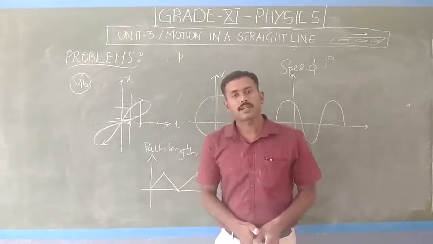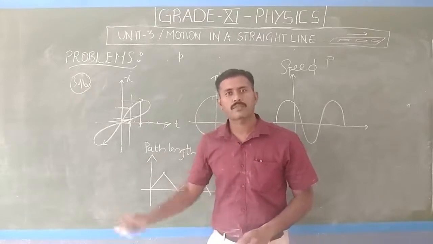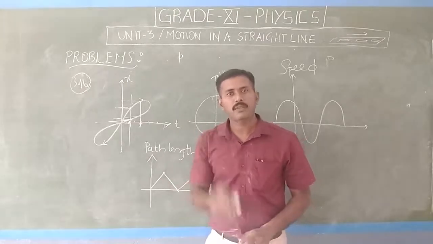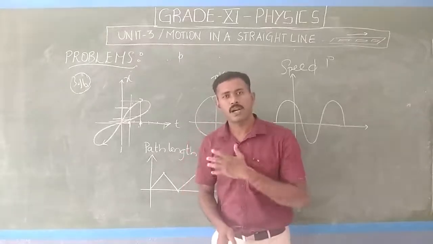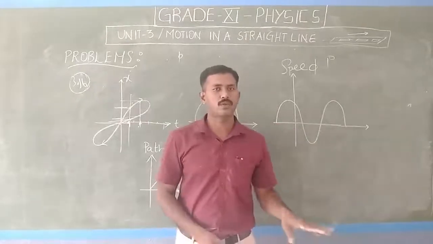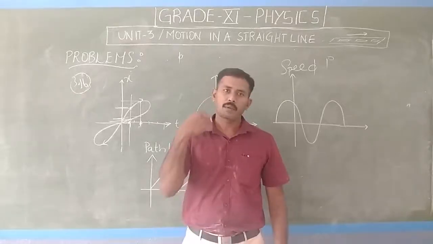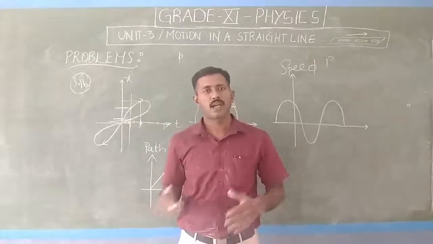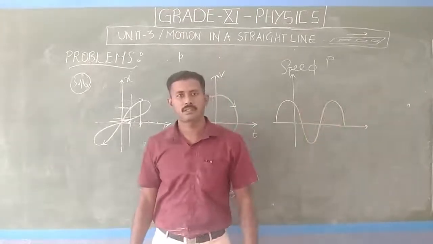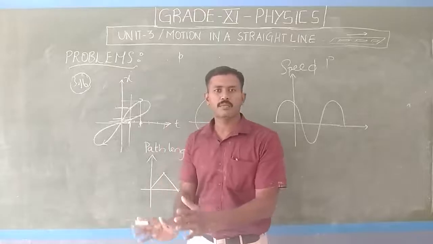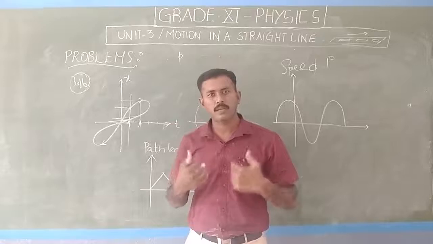So let my house be the reference point. Let it be 0. School is at 7 kilometers. So at time t equal to 0, I am at home. The distance is also 0. After 1 hour only I am starting. After 1 hour, okay, my displacement starts increasing. I keep on moving from one point to another point. For each and every time, my position varies. The distance traveled by me varies. Let I be the particle.